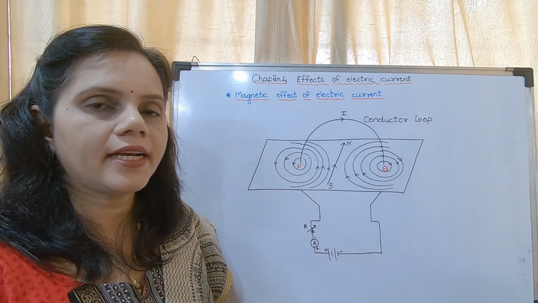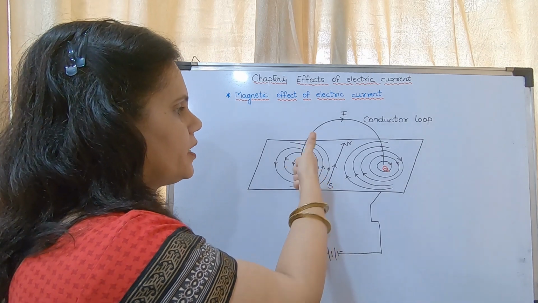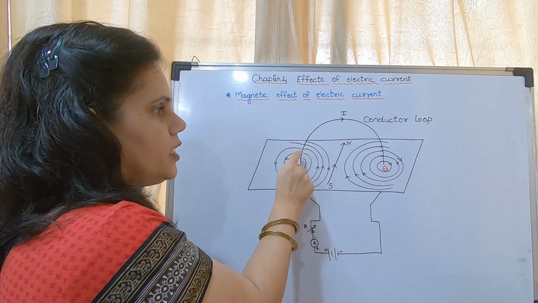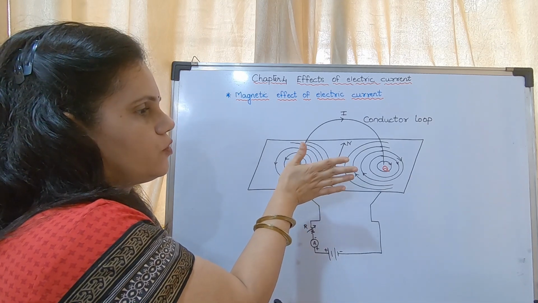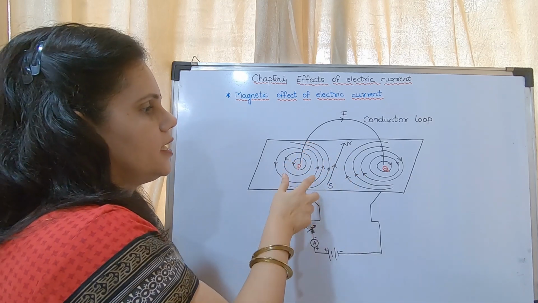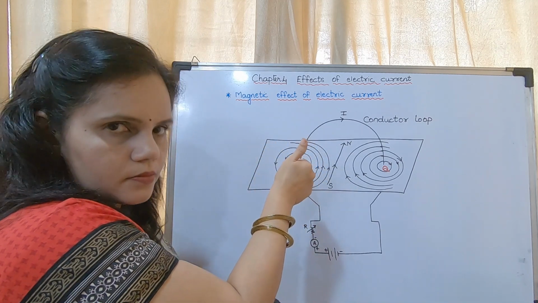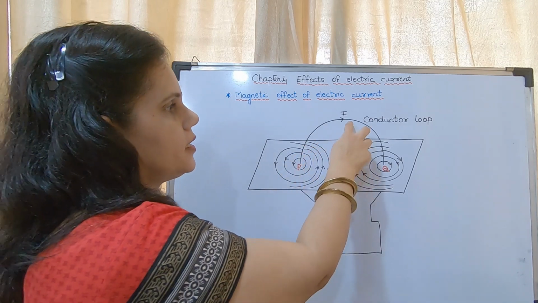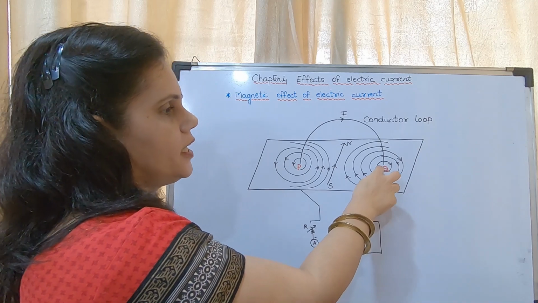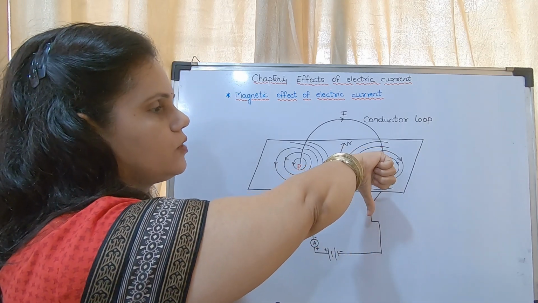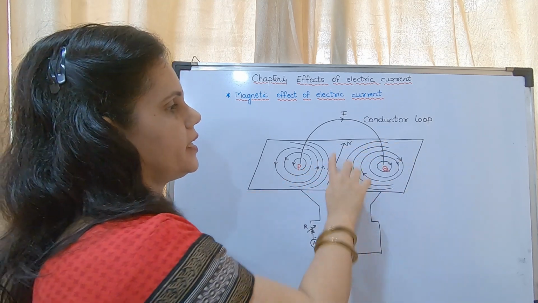Now according to right hand thumb rule, if this is the direction of current, so what is the direction of lines of force? You may see the lines of force. It is from here to here, north to south. Now when it is in case of Q, it is coming down. It is in the downward direction. That means this is the direction of current, and this will be the direction of magnetic lines of force.